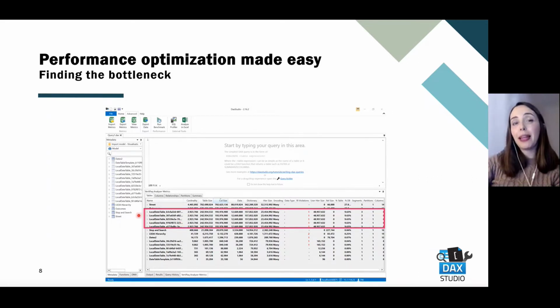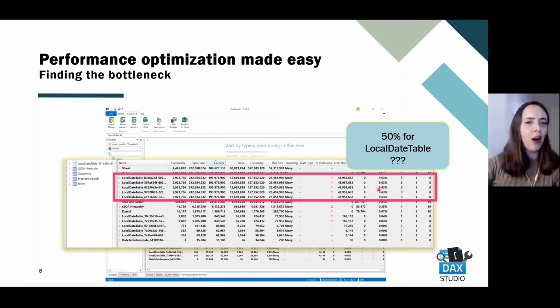So you can expand this and see for each one of your tables what are the columns that are taking more space, basically. But in this case, I didn't want to go to the column level just yet. I just want to analyze in general what's happening with the tables at the table level. So again, I can see this local date table is indeed here, and it's taking like 50% of my data